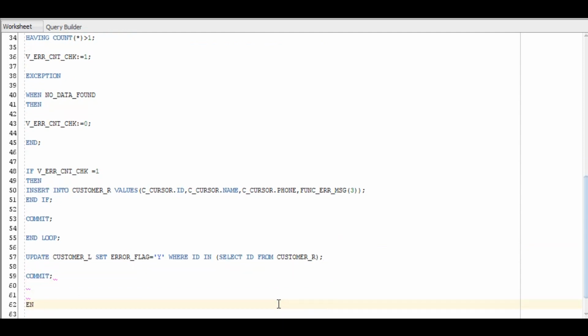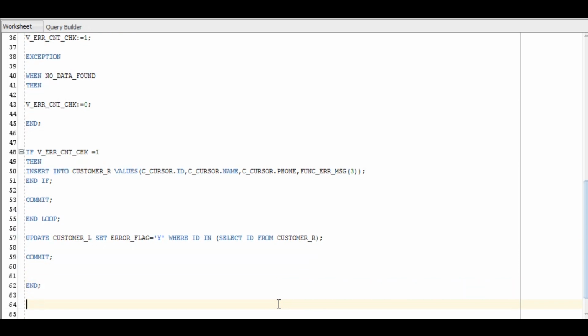We'll commit in the last and we'll exit the procedure. We are not compiling this procedure now because the function is not created.